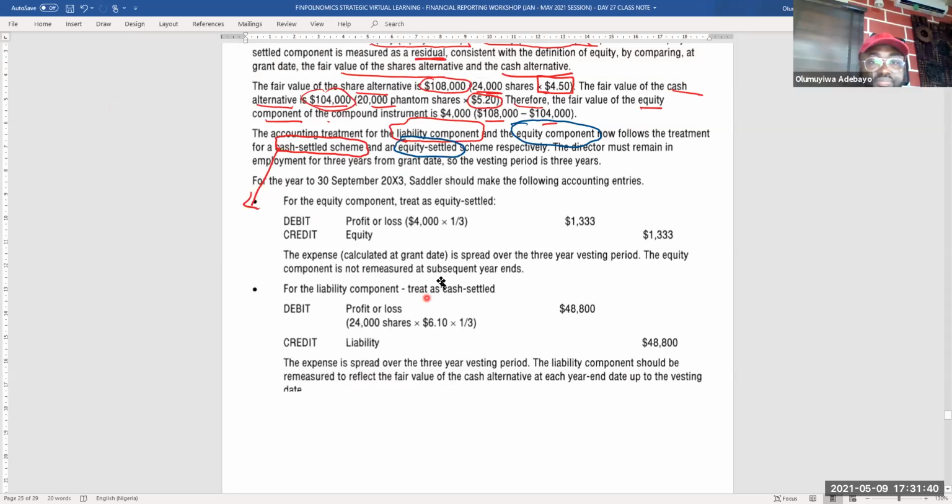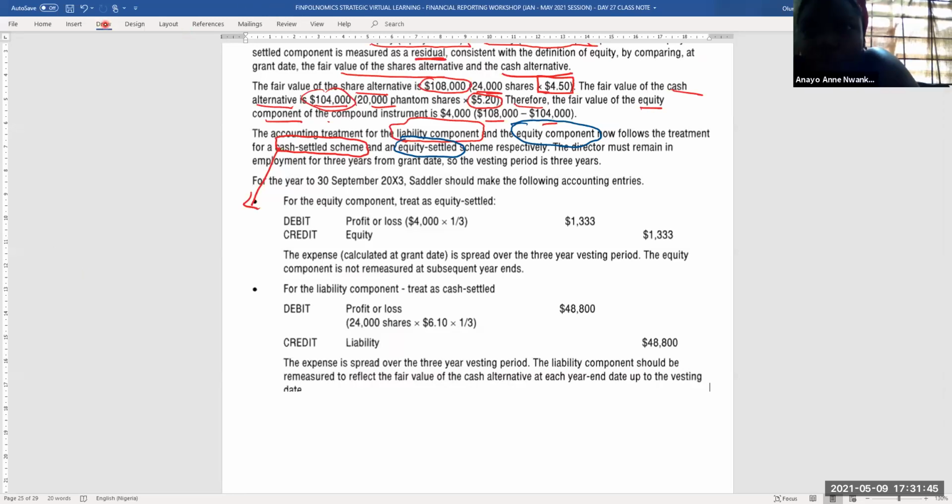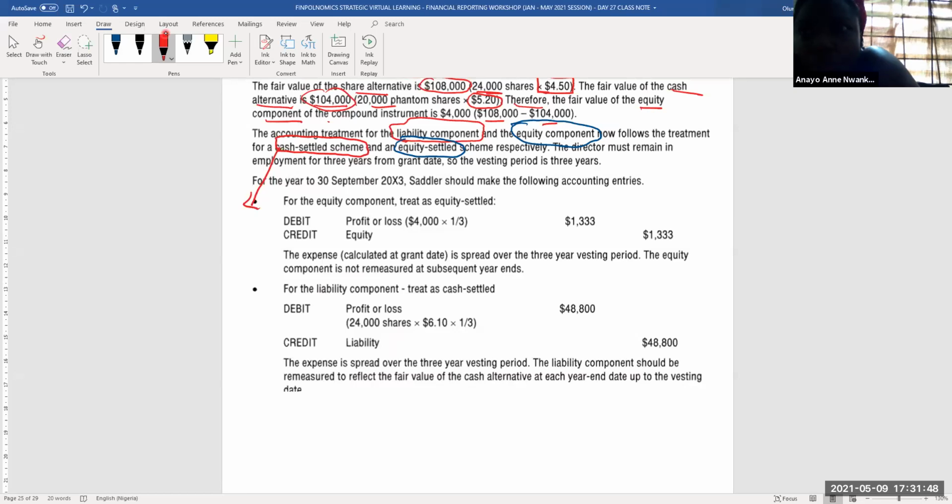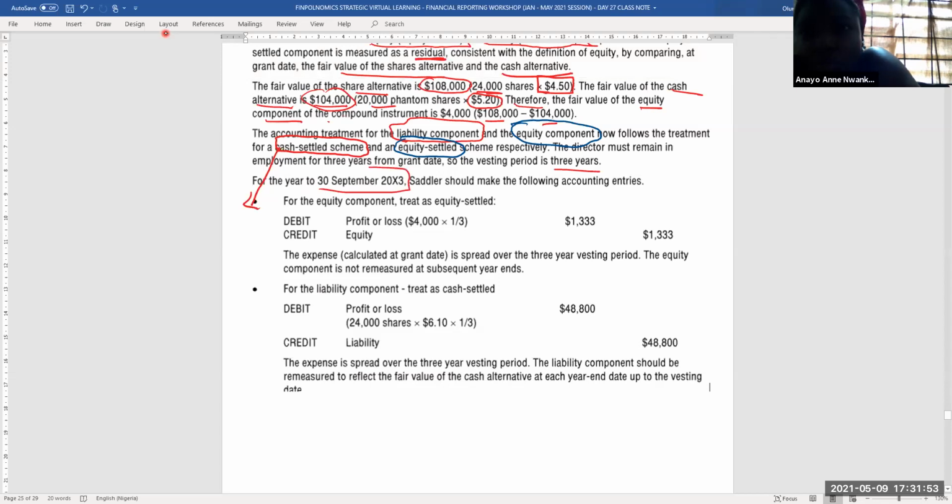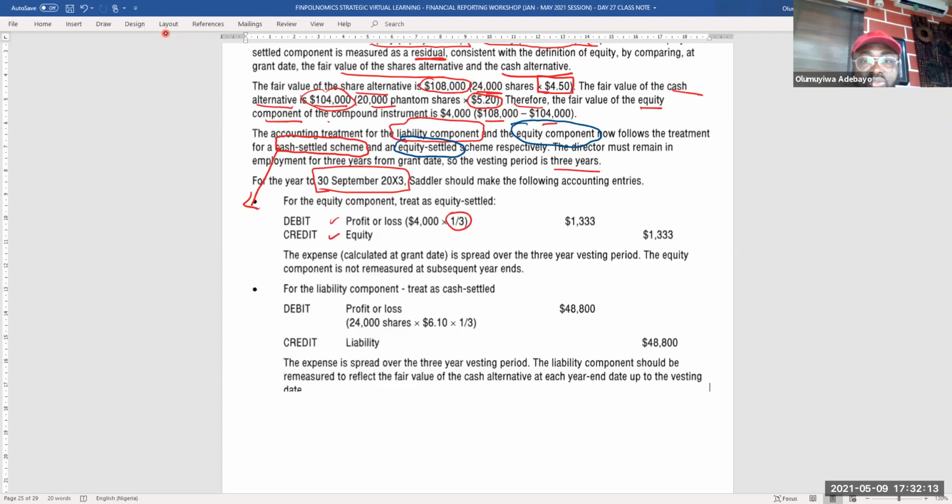Continue. The director must remain in employment for 3 years from grant date, so the vesting period is 3 years. For the year to 30th September 2023, Sadler should make the following accounting entries. For the equity component, treat as equity settled: debit profit or loss and credit equity with